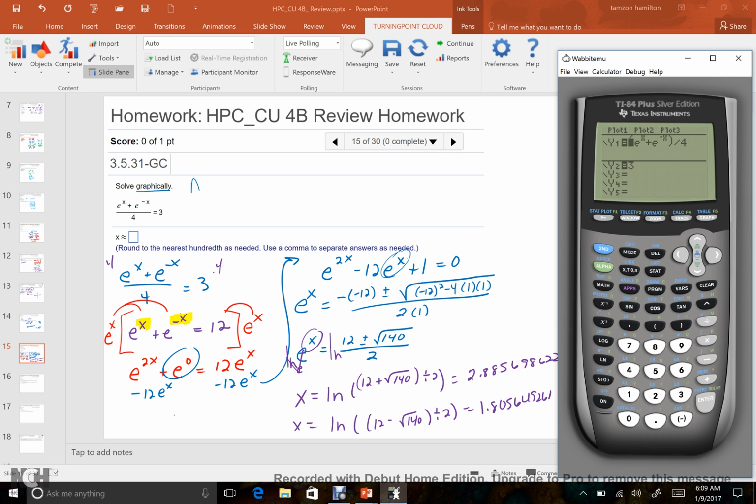Well, let me see here. What happened? Let's do this. 12 plus the square root of 140. Enter. Divided by 2. Enter. That will be 11.916. And if I take the natural log of that answer,